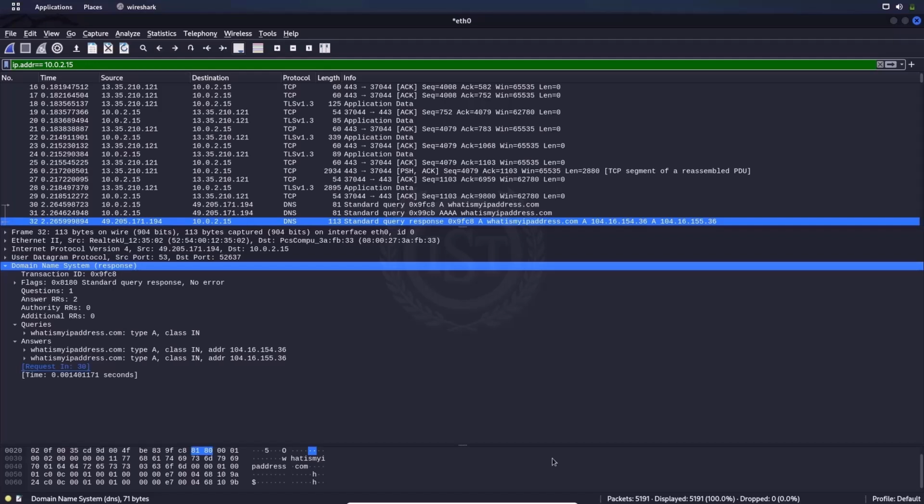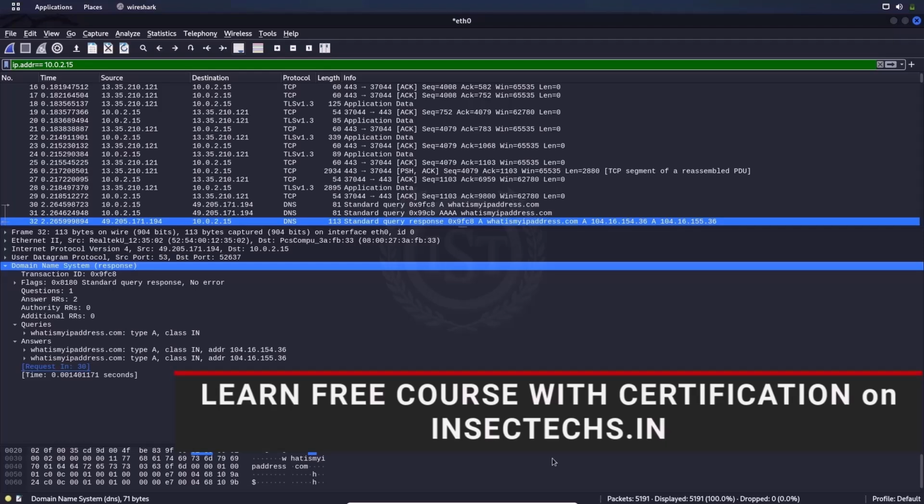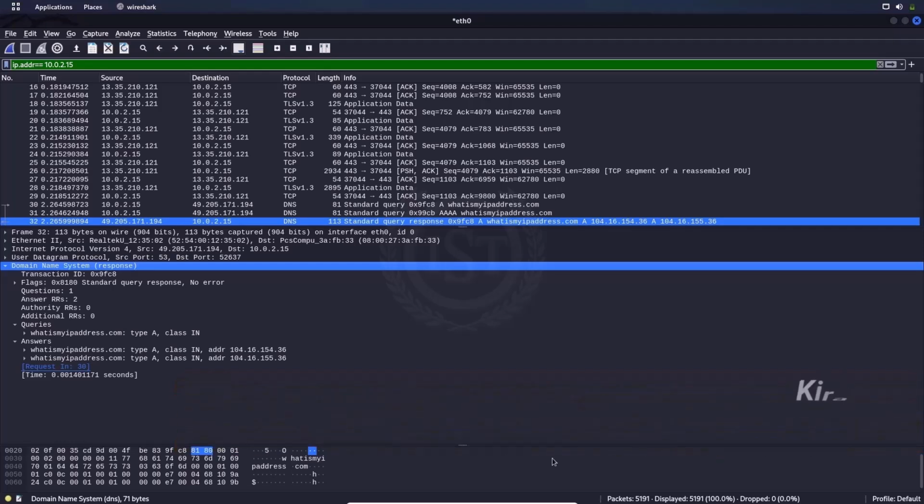We need our data to be securely transmitted over the anonymity network, that is the Tor network. If you are using a Tor network or proxy chains, whatever anonymity service you are using, it should be handled by that proxy server and the DNS server of that proxy service which you are using. So let me close the terminals now. I hope you understand what a DNS leak is practically.